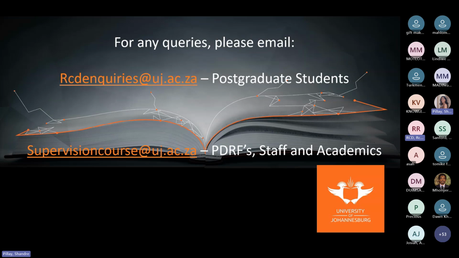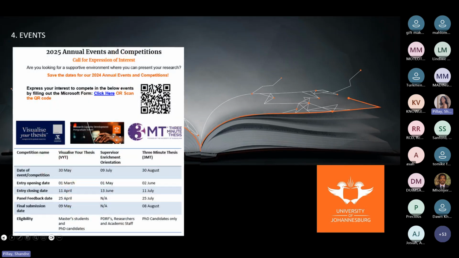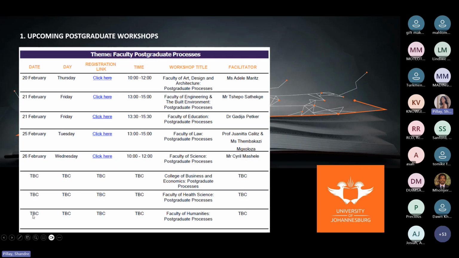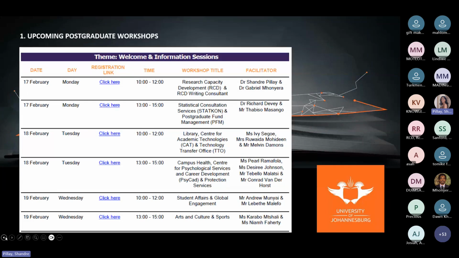I think someone is also saying the password is ready but they cannot log in on the mobile. Okay. I think for those students as well, if you are not receiving feedback on that by today or during this week, we are having an information session with CAT tomorrow at 10, where I think Mr. Damons will take everyone through navigating Moodle as well as the Moodle app itself.